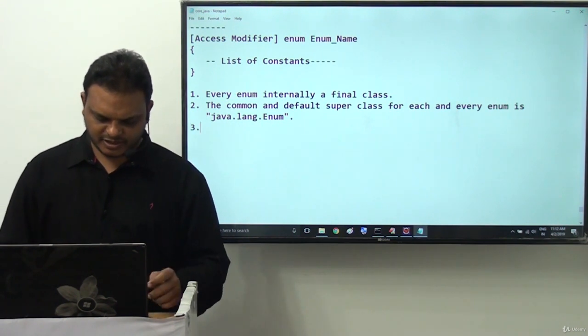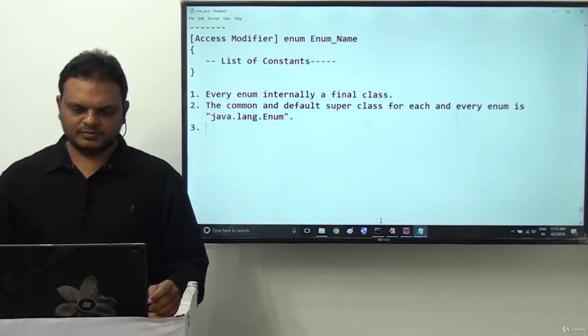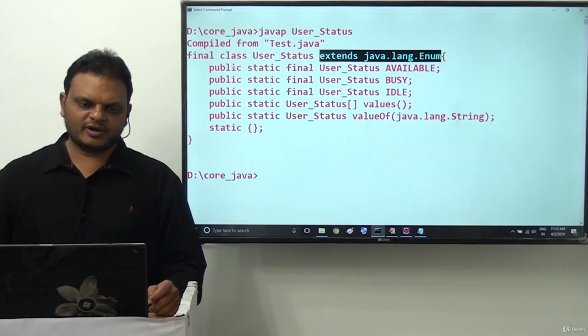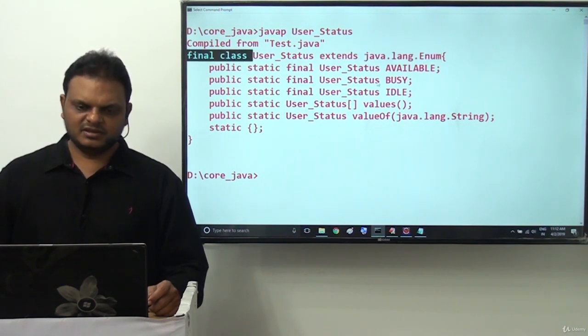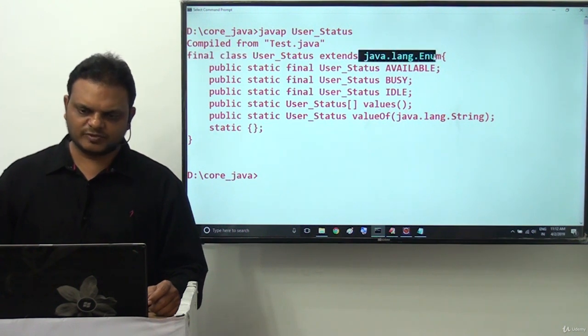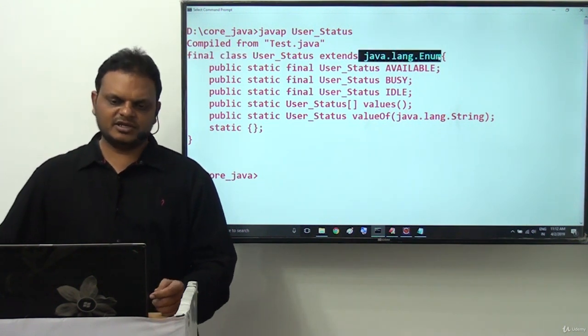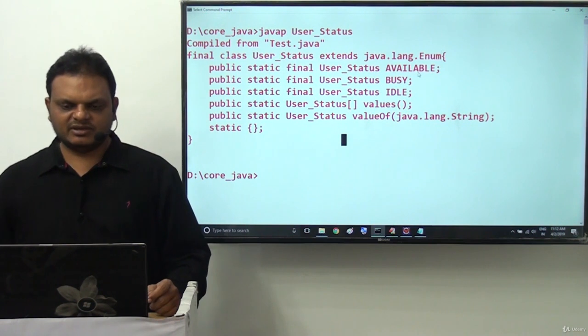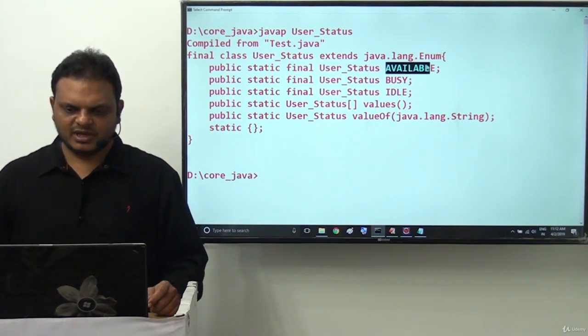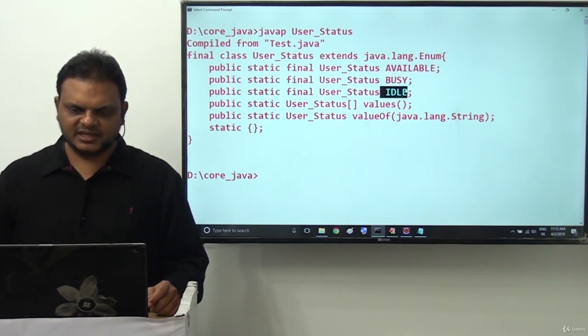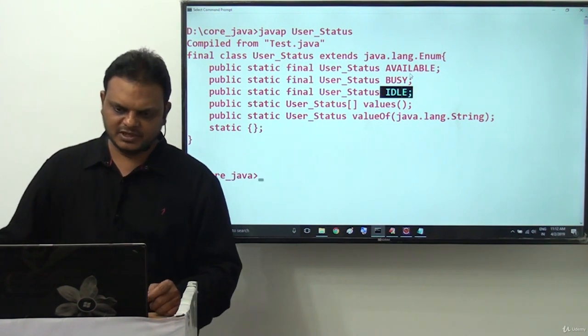This is point number 3. So two things I provided: every enum is a final class, and every enum is a child class of java.lang.Enum. This is another point. Next, if you observe these points here, available, busy and idle, these are the constant variables we declared.